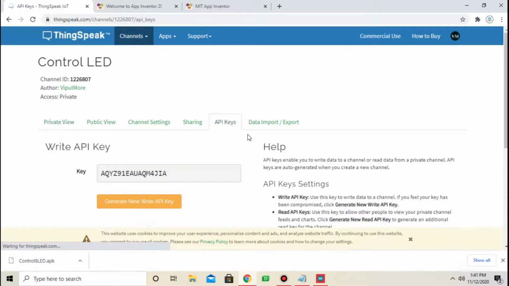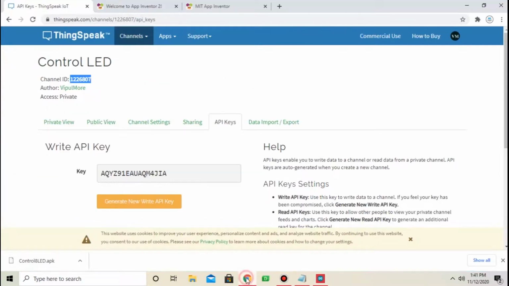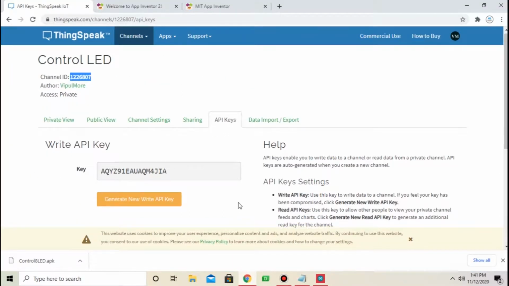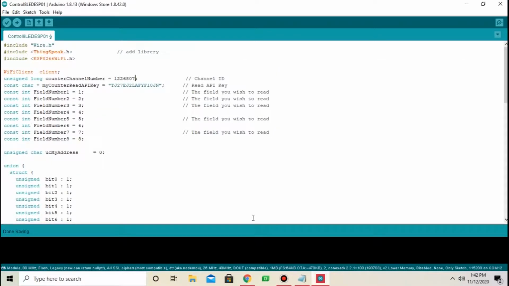Select API keys, copy channel ID, select channel ID and paste, Ctrl V. Same, copy read API key, paste here, Ctrl V.